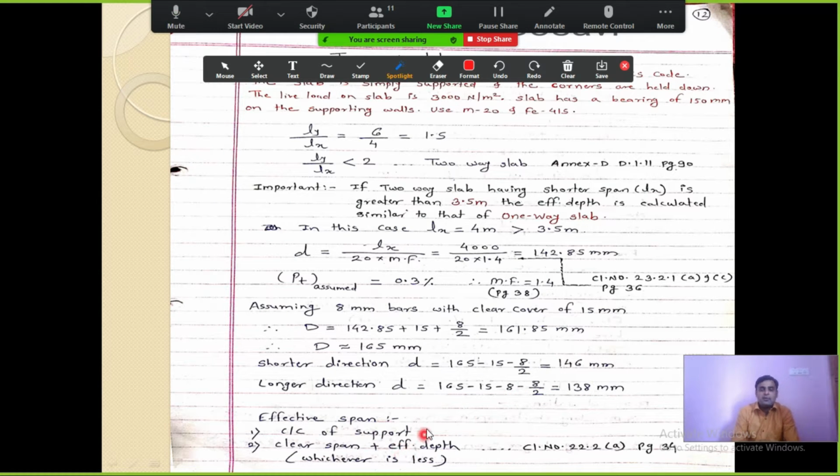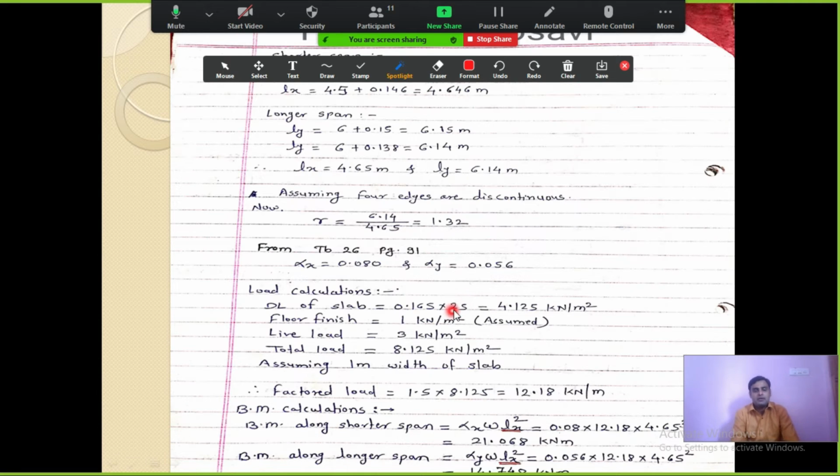Then we have calculated the effective span in the shorter direction and the effective span in the longer direction. Then we calculated the Ly by Lx ratio, which we named R, and it is 1.32. So again we move to the IS code, table number 26, page number 91.